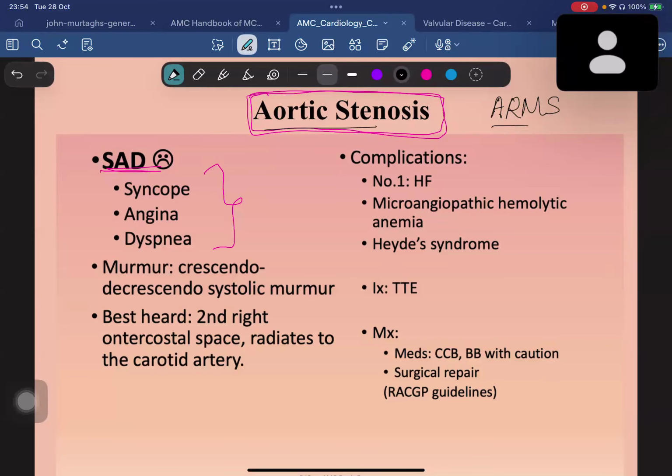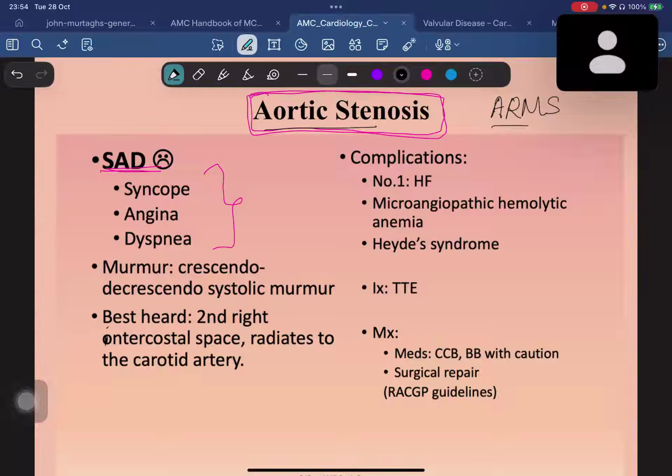So the murmur is systolic. Again, with that, there are certain things that you additionally have to remember. For aortic stenosis, remember it's a crescendo-decrescendo systolic murmur. It's best heard at the second right intercostal space, and it radiates to the carotid artery. Those are little things that you have to remember along the way while